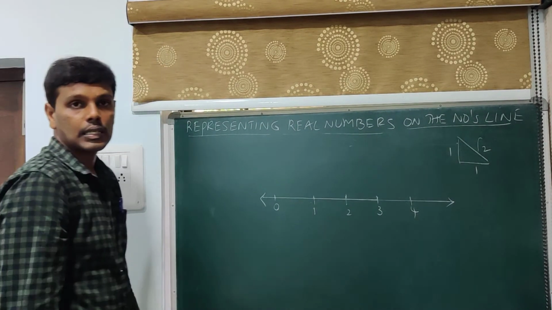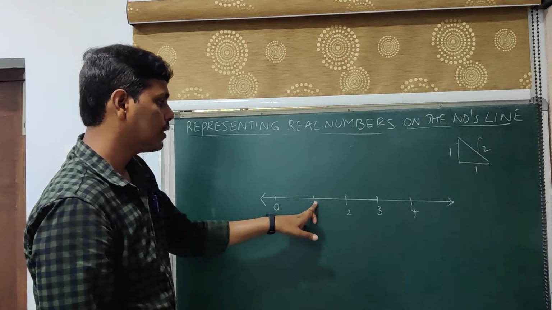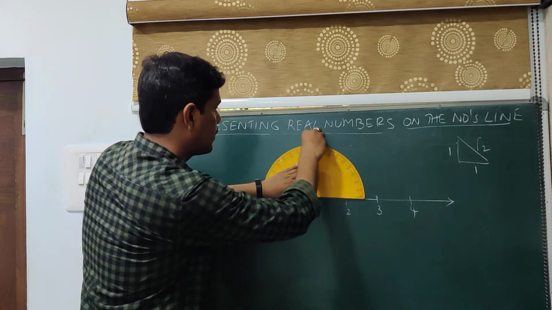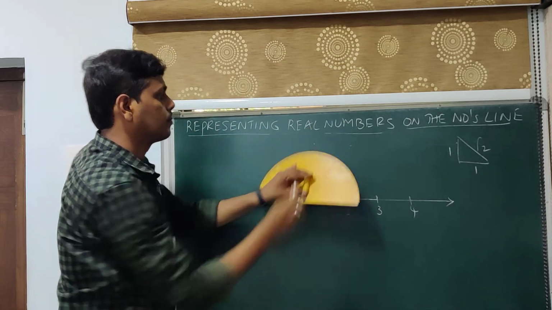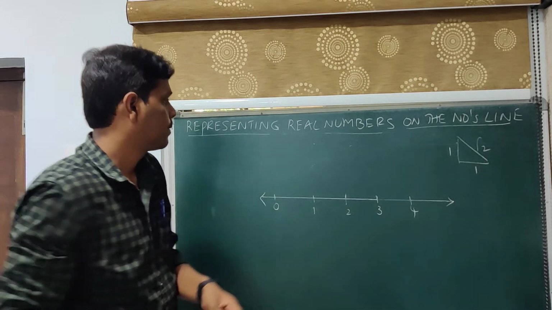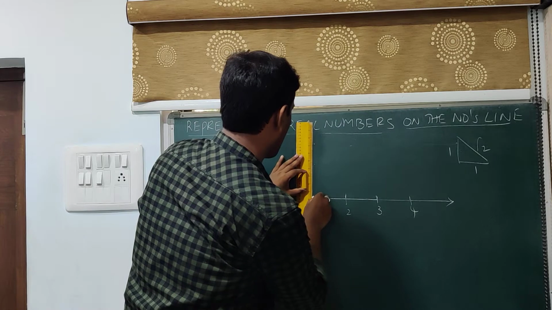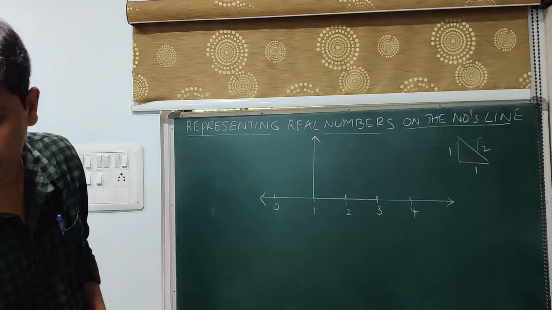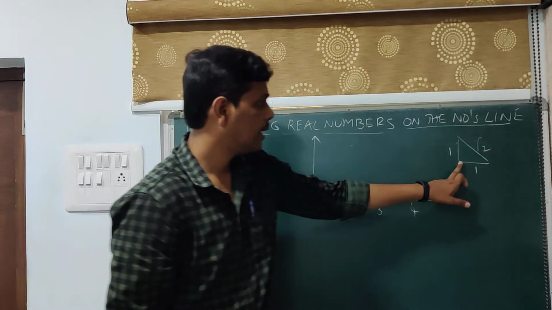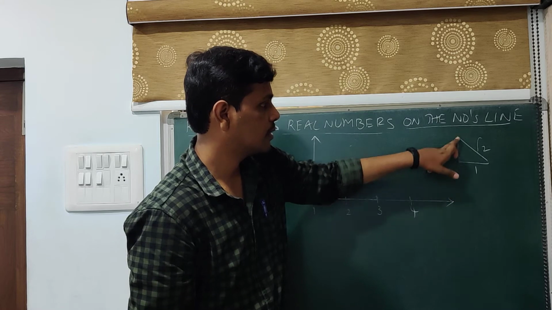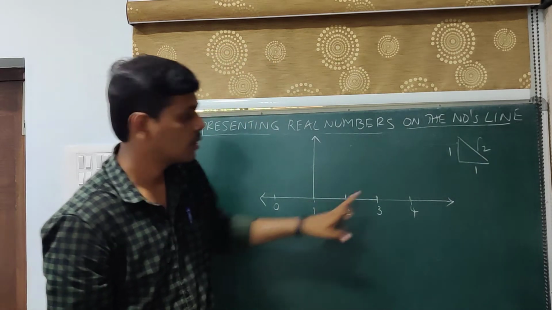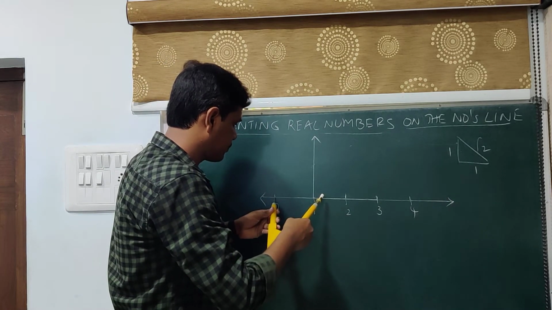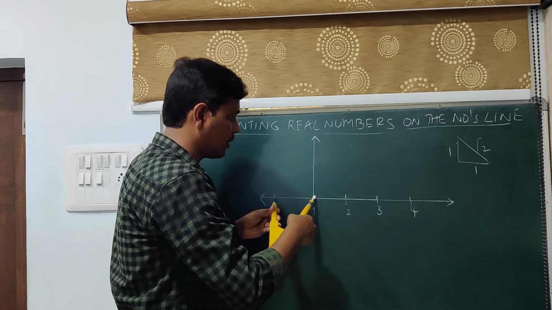So now I am trying to construct a right angle triangle. So this is already 1 unit. Now here I am trying to draw a 90 degree. So this is your 90 degree. Next, so I have constructed this. Next I need to construct this one. I have constructed this. This is what the base is, and this is 1 unit. So 1 unit is this length. So this is 1 unit.